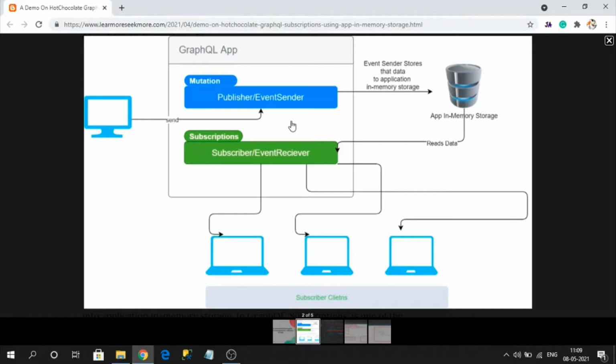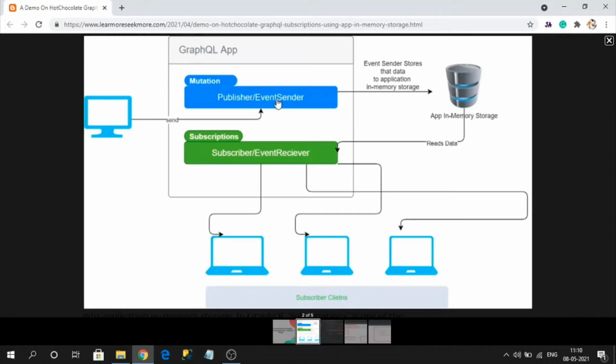If you observe this image, in GraphQL, here you can observe the publisher or event raiser. This is nothing but a mutation method. Instead of a plain mutation method, we can raise an event, like sending some message or some data to the application storage.